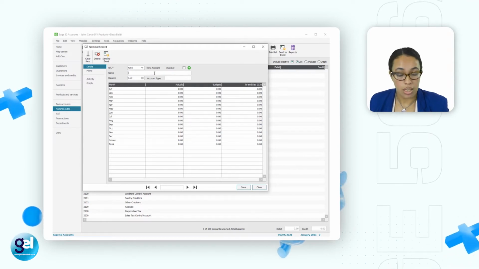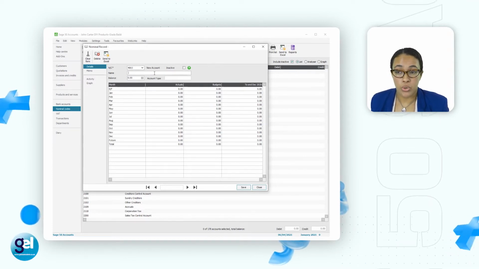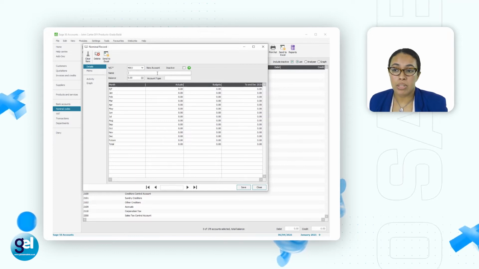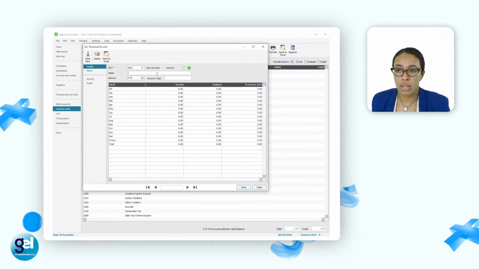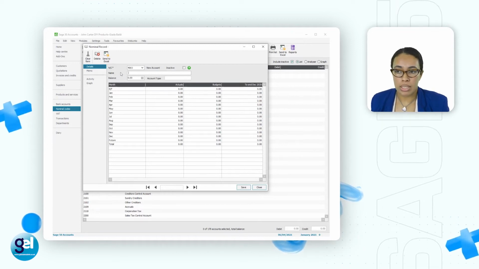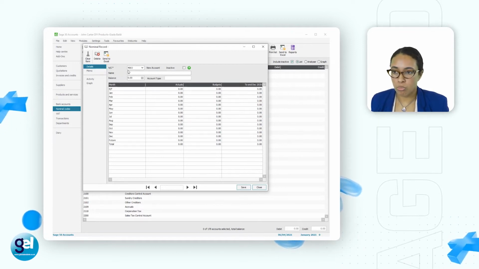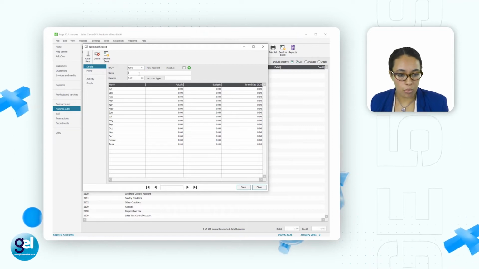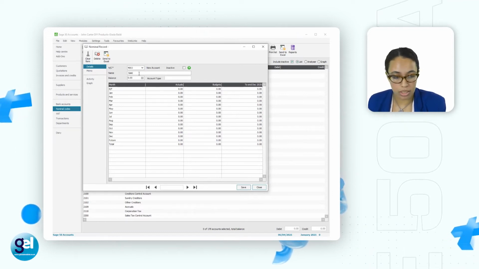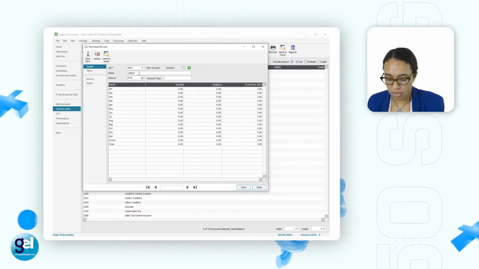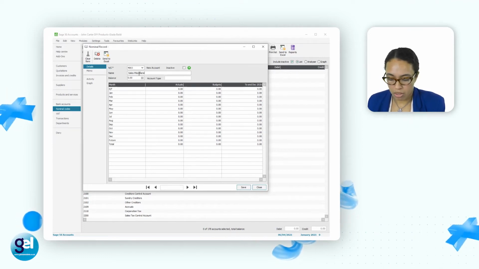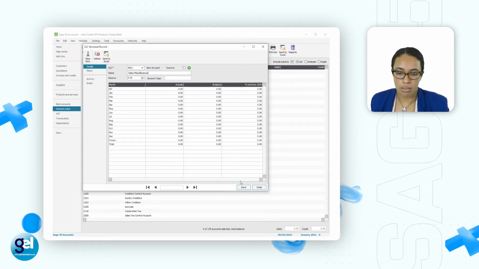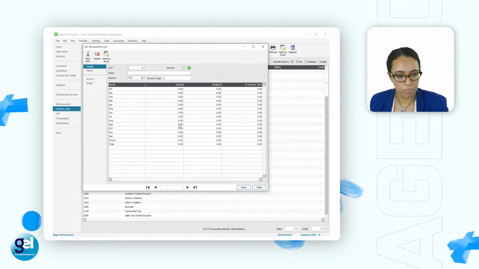Again, 4003. So 4003 is actually a new account. It's not something that we are editing the name. It's an actual new account in Sage. It's the same process. We type the digits in the nominal code box, and then the name, we're going to utilize what the specific task is giving us. So sales miscellaneous, and then save to confirm changes.